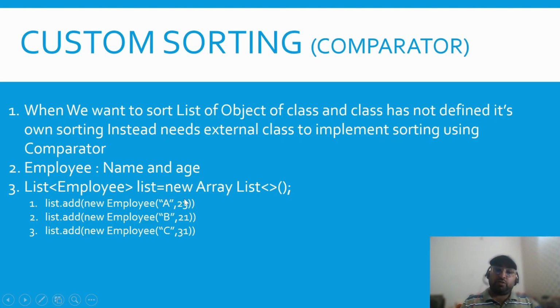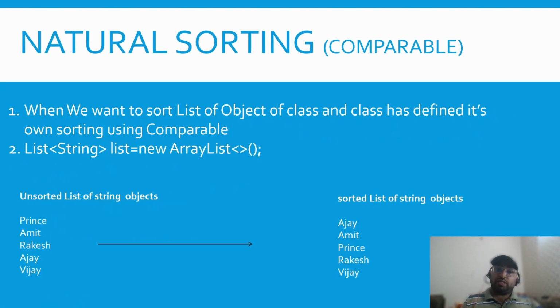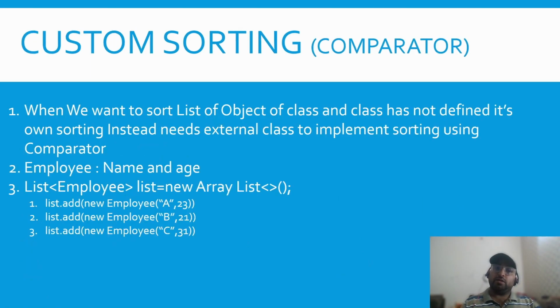Don't worry about it, we'll cover more on this when we cover comparable and comparator. You will get more clarity. So at a high level we can say natural sorting is sorting defined by the class itself, and that is possible using comparable. And customized sorting is sorting defined by an external class, and that is possible using comparator. So this is what I wanted to cover as part of the current video. In the next session we will discuss what type of elements can be sorted in Java, and we'll discuss sorting of different types of collections.